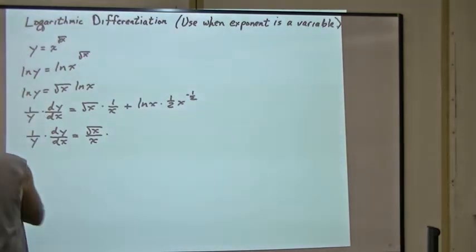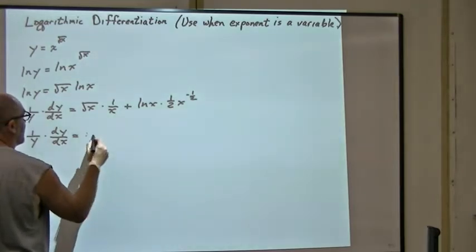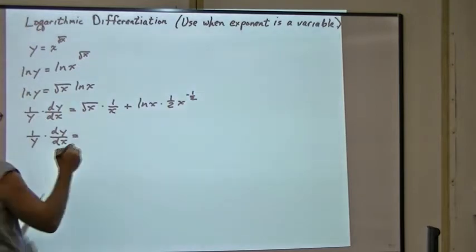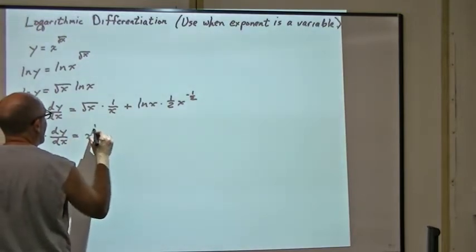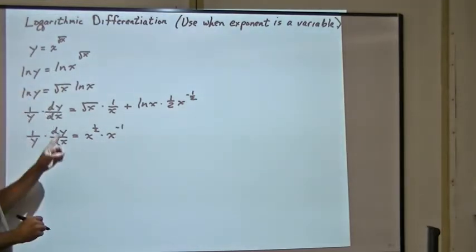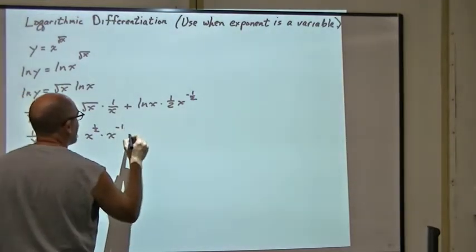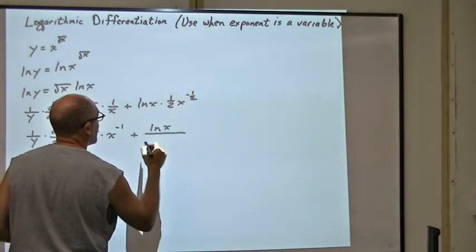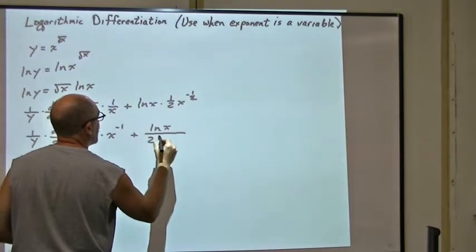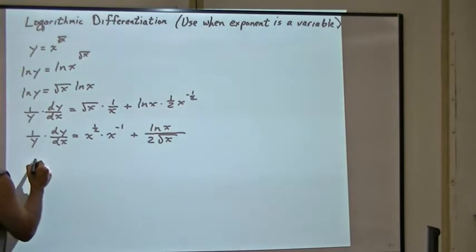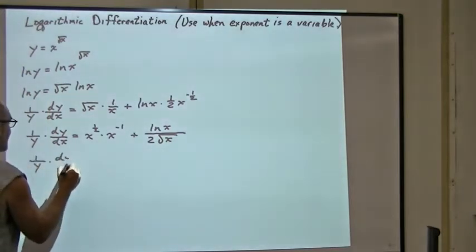No, wait, let's just do this. This will be a simpler way to do it. x to the 1/2 times x to the -1. Okay, then plus natural log x over 2 square root of x. Okay, so now we've got 1 over y dy dx